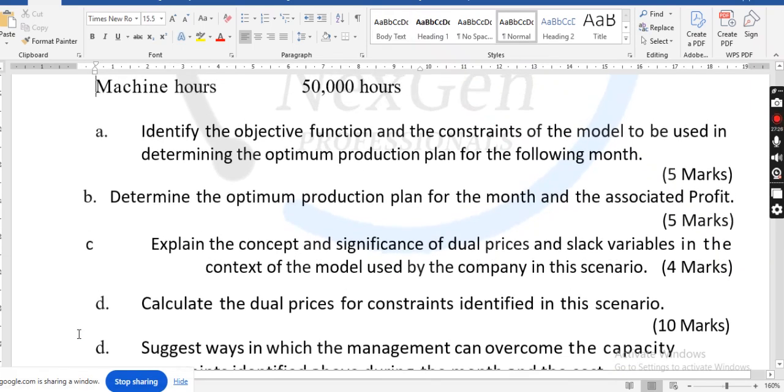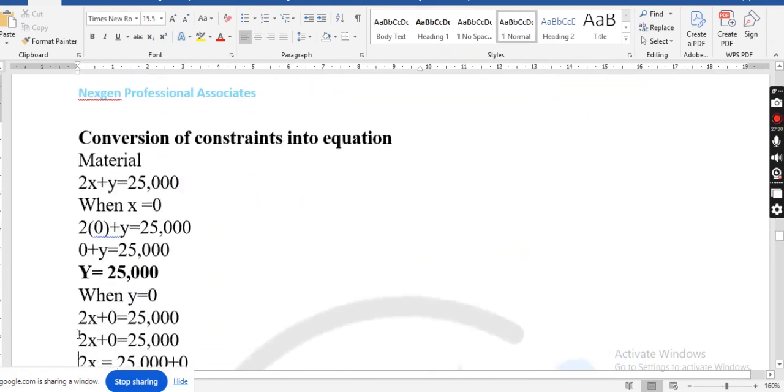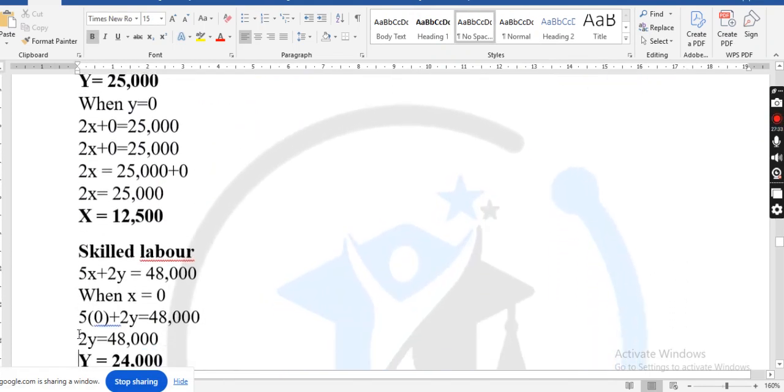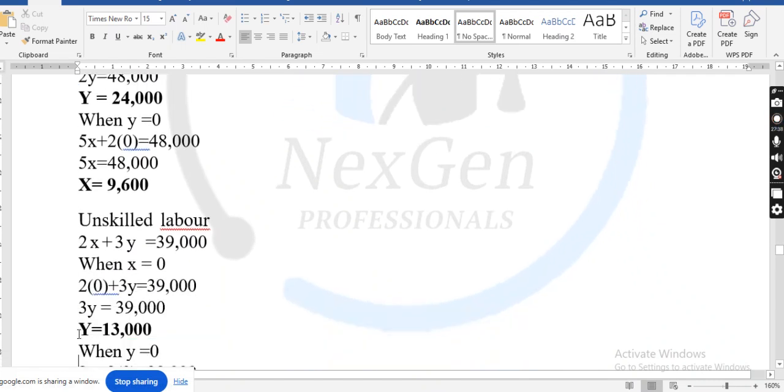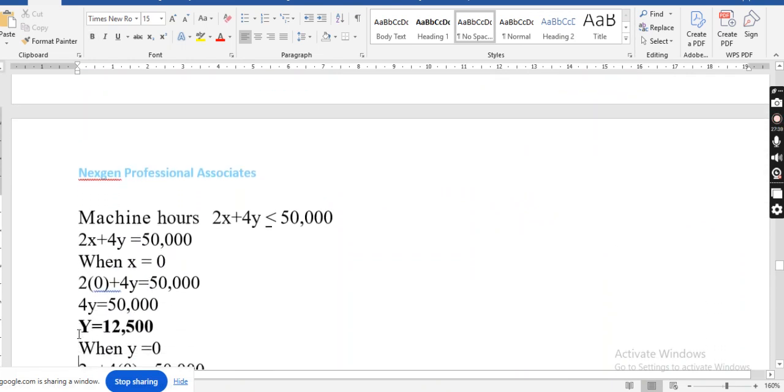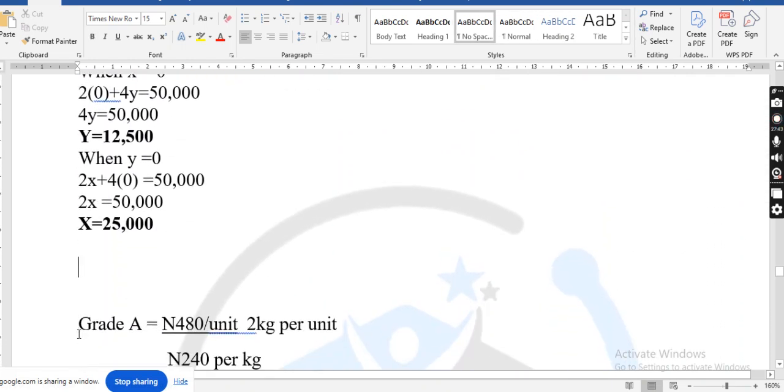Determine the optimum production plan for the month and associated profits. What is the optimum production plan? The optimum production plan, right? You can see the optimum production plan here under linear programming is actually different from under the theory